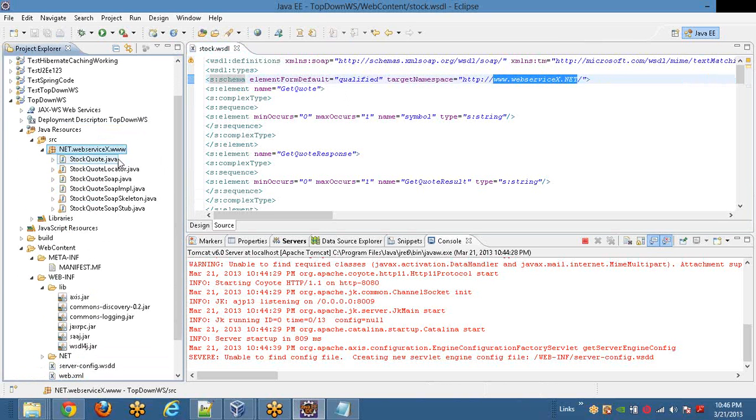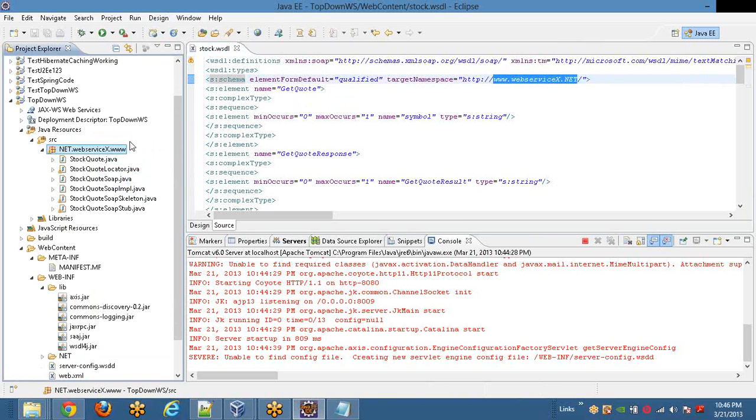Take a good look at the number of classes. This is what we call the auto generated thing. It tries to create a good amount of auto generated classes for us. These are all collectively called skeleton classes. Now you don't have to go in and understand them, because all of this will change if you switch from Axis